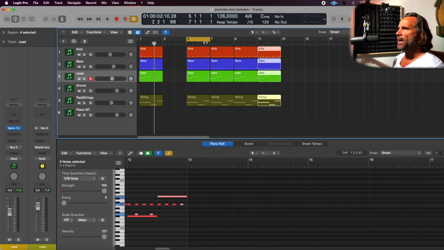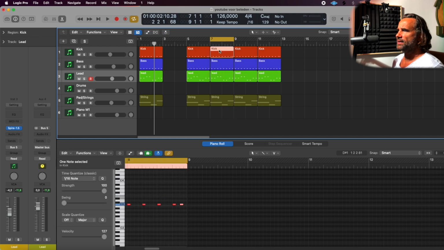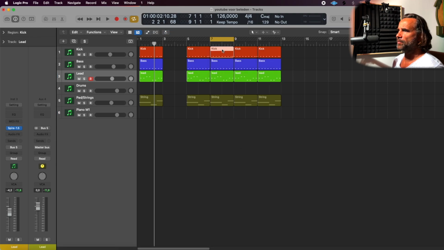In each loop I make a small change in one of the sounds, or in more sounds. So this is the original, so I leave this one, and then I go to this one, and let me say,